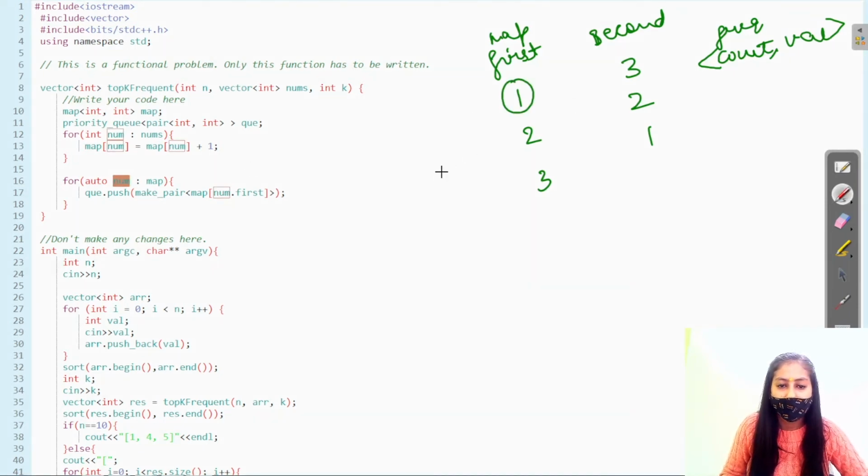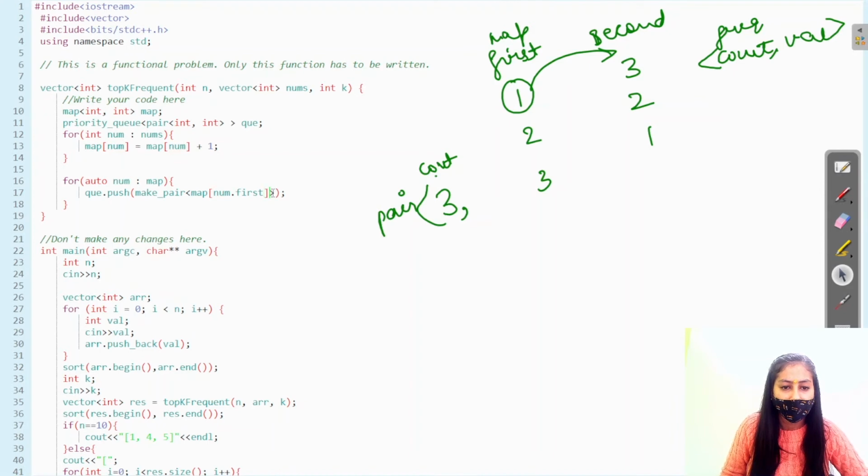It will be stored in the pair corresponding to 1. 3 will get stored, that is the count of 1, and then the number itself, so num dot first.